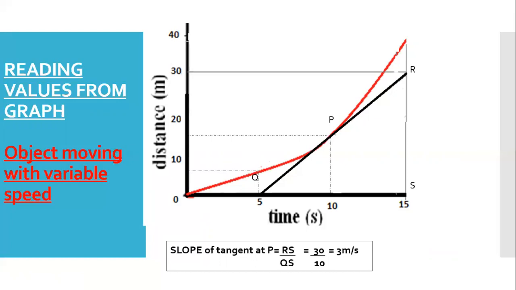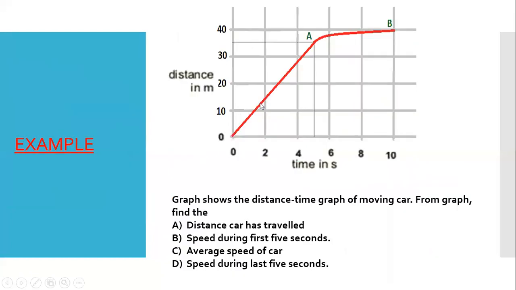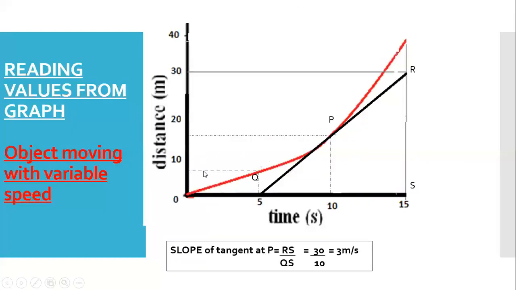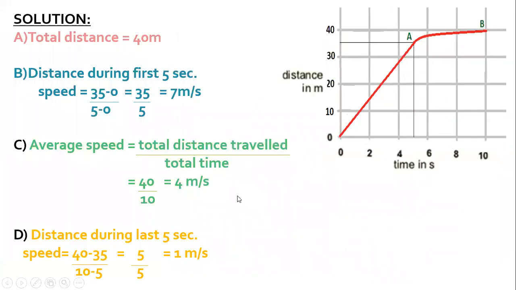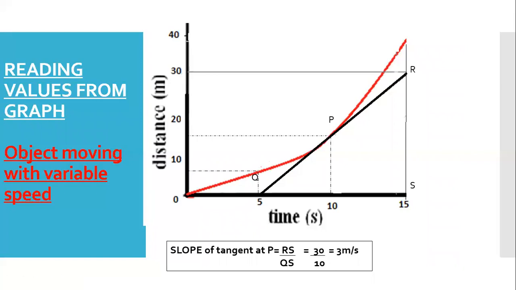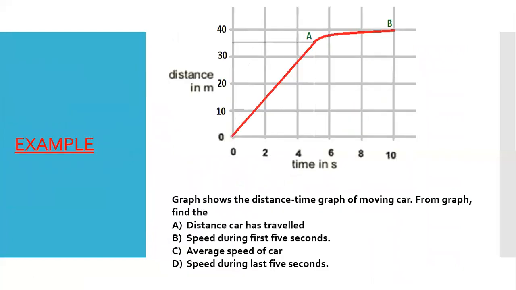This is your time. You can see time 5, 10, 15. You have also plotted distance 10, 20, 30. Now this is your gradient. This is your slope. This is a very non-uniform one. Okay, so if you plot the values,